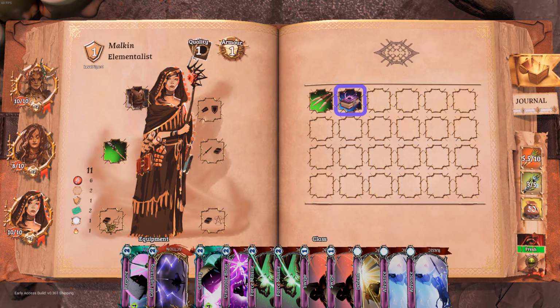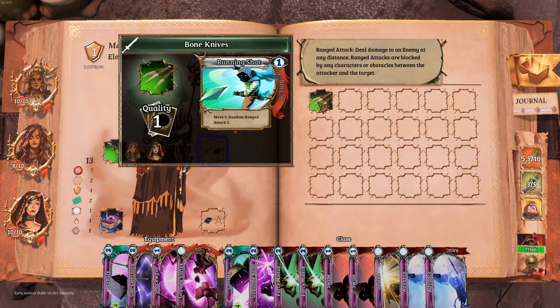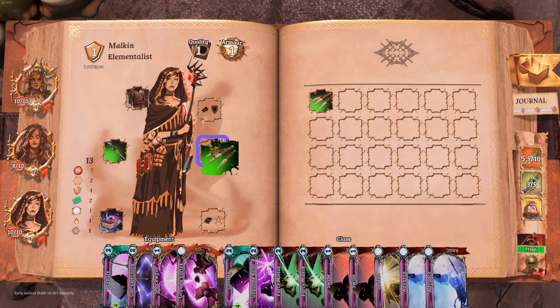I can put a potion or a tome here. I can put a tome or an arcane item here. I don't have any arcane items or potions. I think I will put this tome here. That's going to give me 2 more cards in the equipment section. So 2 more cards total for the deck. And then I can also do this. I can move 3, random range attack 2. And I think it will